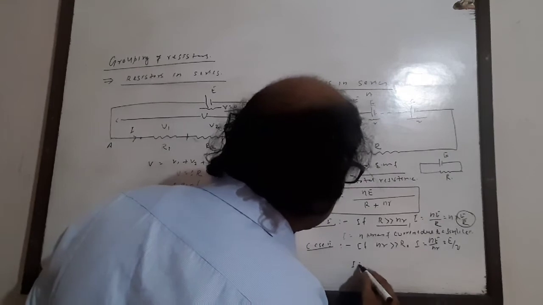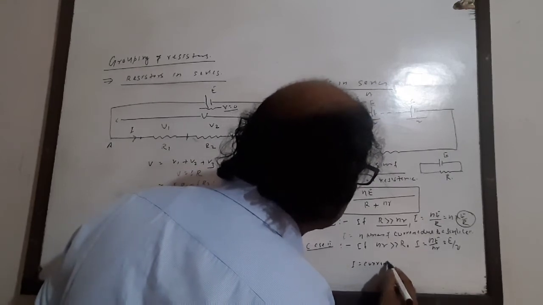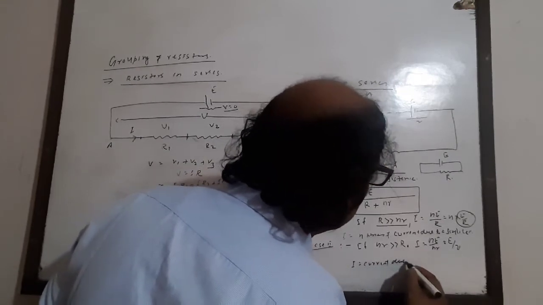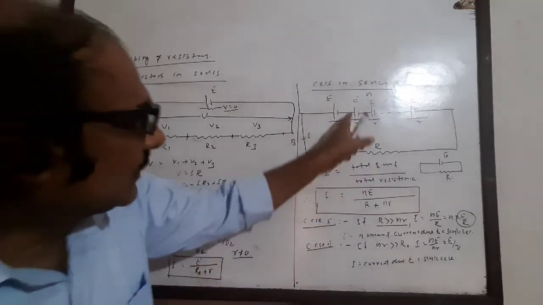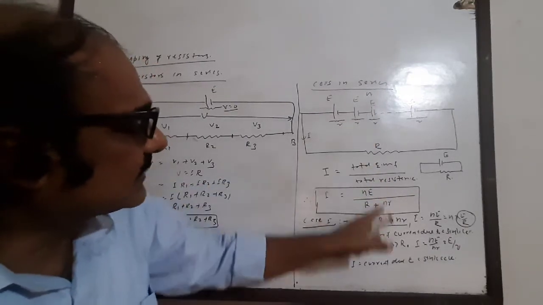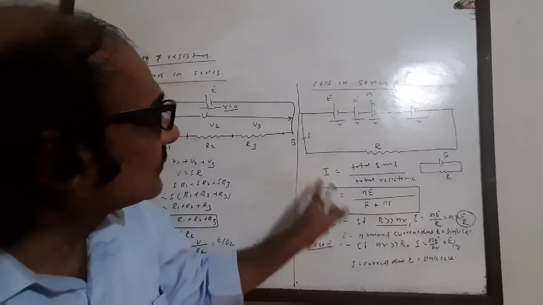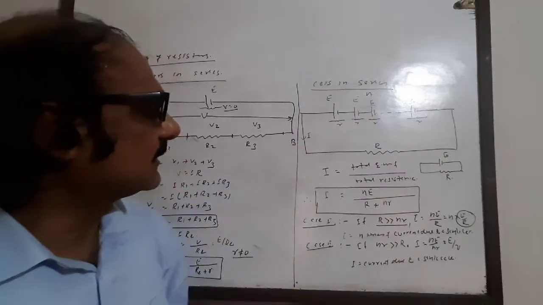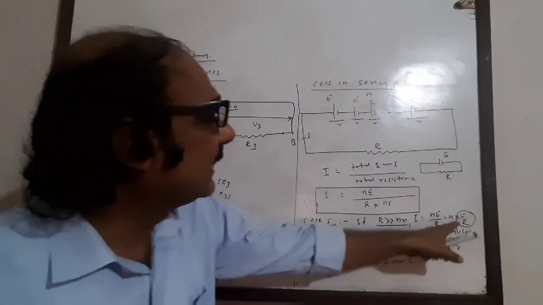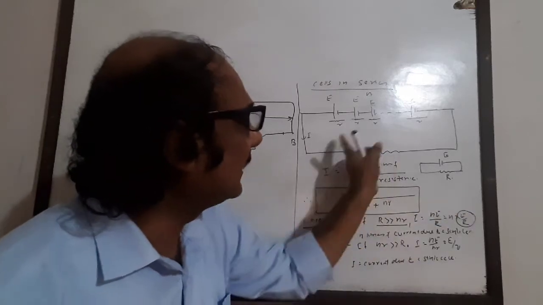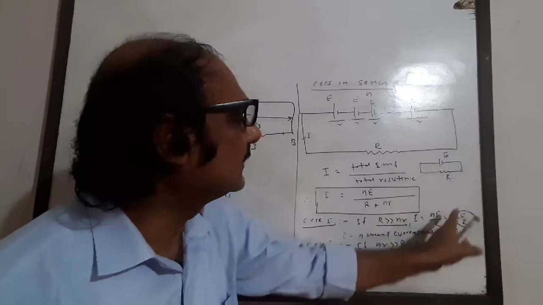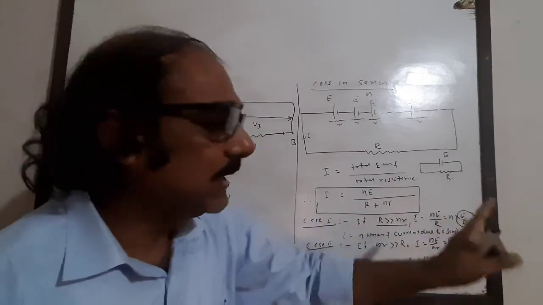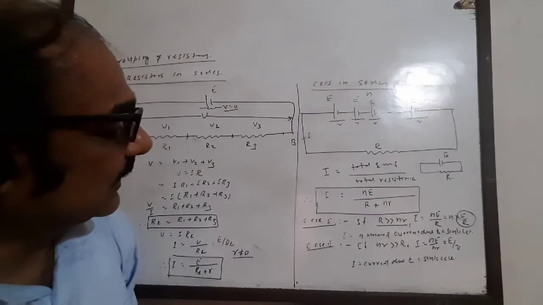It means I is equal to current due to a single cell. तो इसका मीनिंग ये हुआ कि कब हम लोग को सेल्स को सीरीज में करना है. अगर एक्सटर्नल रेजिस्टेंस हाई है तो आप सेल्स को अगर सीरीज में कनेक्ट कर देते हैं तो आपका करंट का मल्टीप्लिकेशन होगा. एक सेल से करंट अगर इतना आ रहा है और आप n सेल लगा दिए हैं, जैसे ये 1 एम्पियर करंट दे रहा है, तो इसका अर्थ है अगर 10 सेल लगा देते हैं तो 10 into 1 मीन्स 10 टाइम्स करंट का इंक्रीज हो जाएगा.